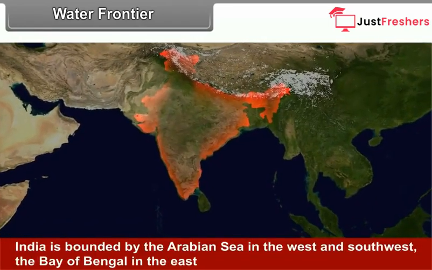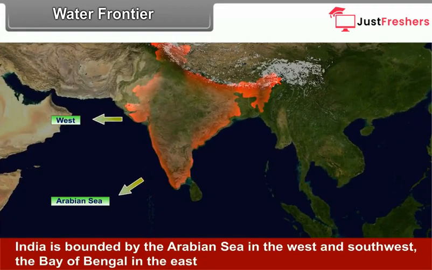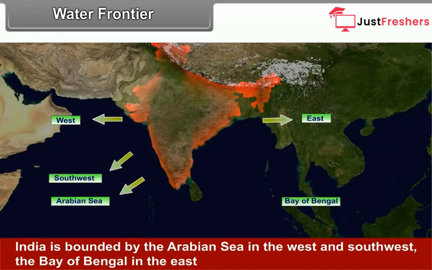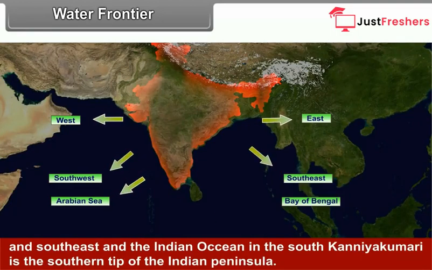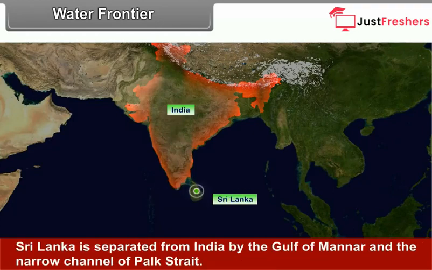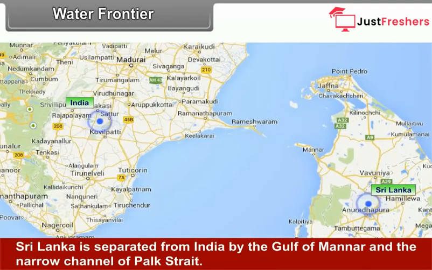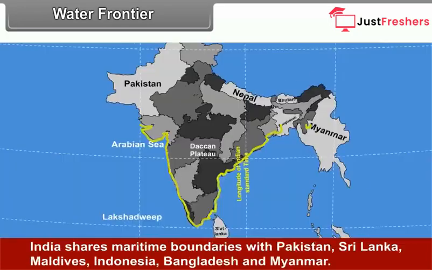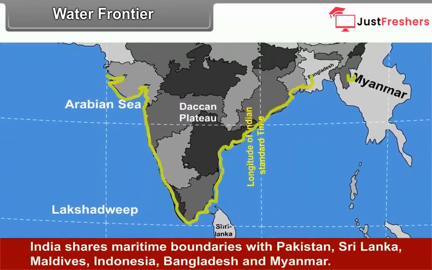Water frontier. India is bounded by the Arabian Sea in the west and southwest, the Bay of Bengal in the east and the southeast, and the Indian Ocean in the south. Kanyakumari is the southern tip of the Indian peninsula. Sri Lanka is separated from India by the Gulf of Mannar and the narrow channel of Palk Strait. India shares maritime